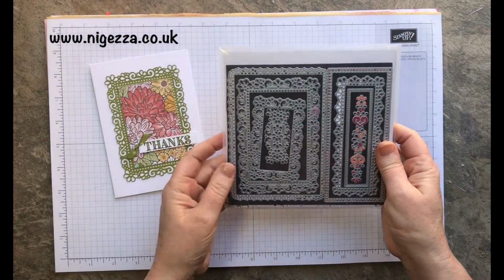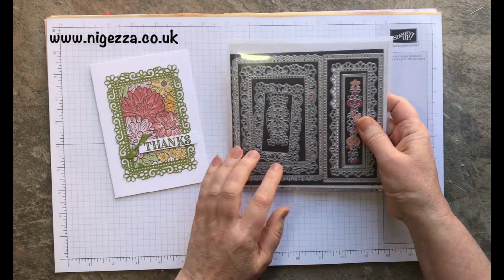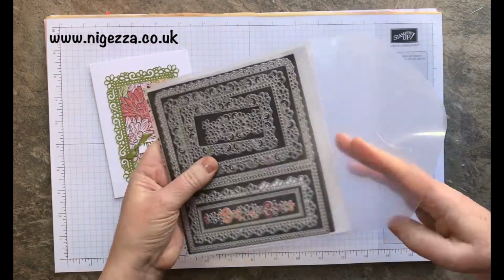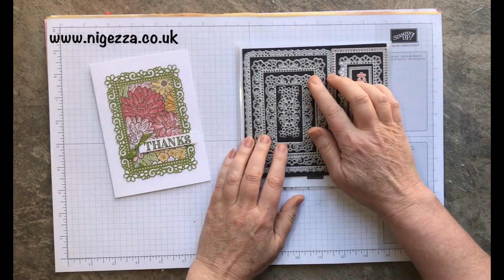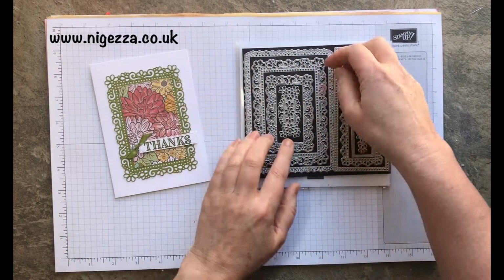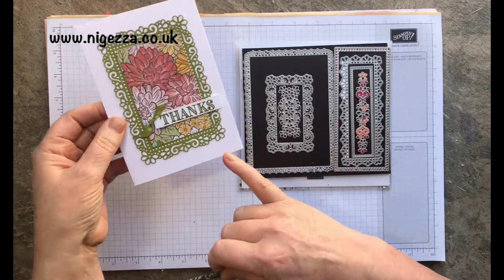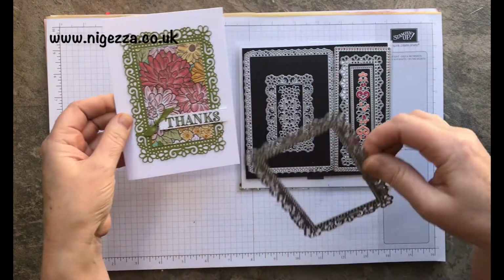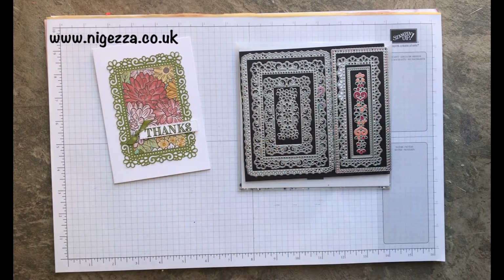So these are the layers, aren't they? Ornate layers. So they are quite beautiful. Let me get out the packet because that's a little bit opaque, isn't it? So they are just beautiful. And I've used this frame here for framing there, and on the inside I've used, and I haven't got it out, the stitched rectangles,